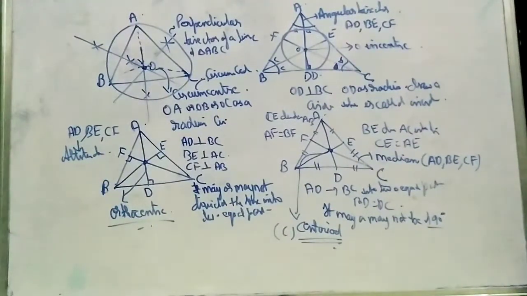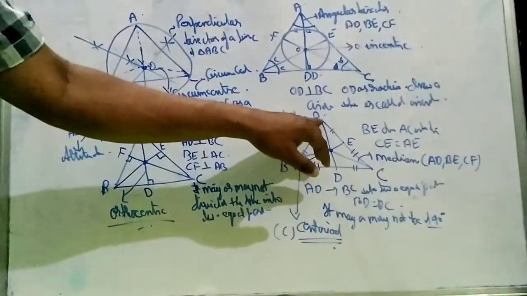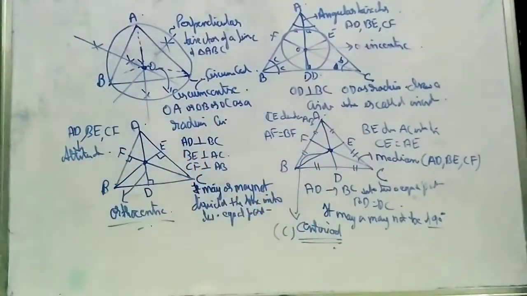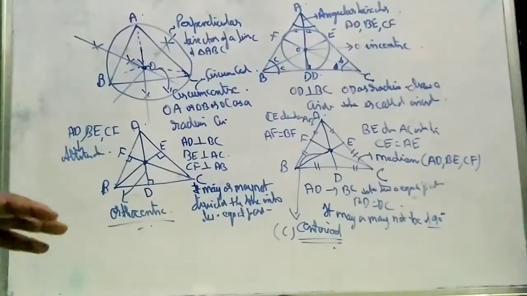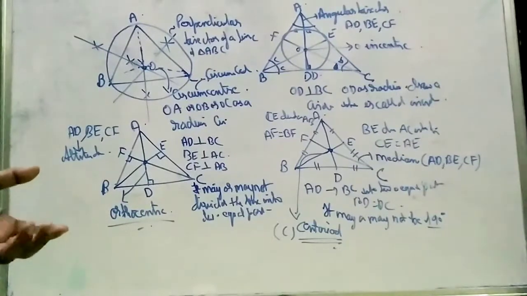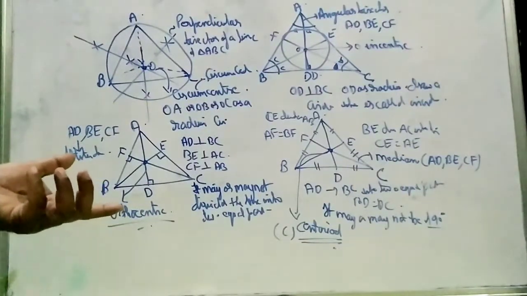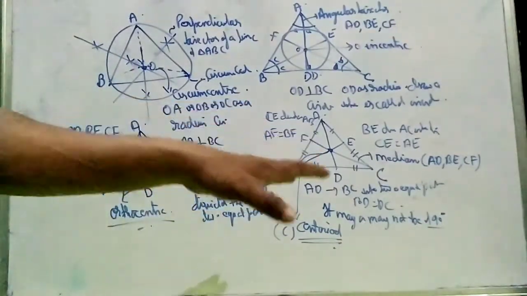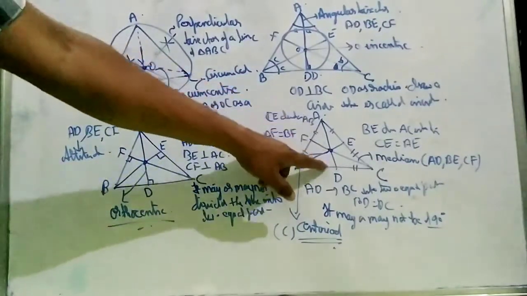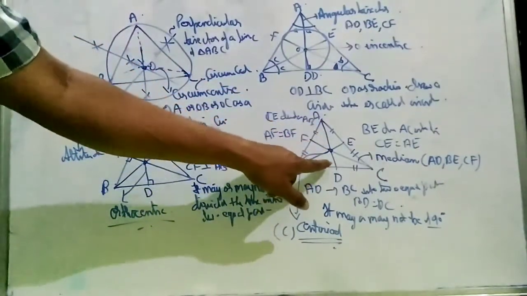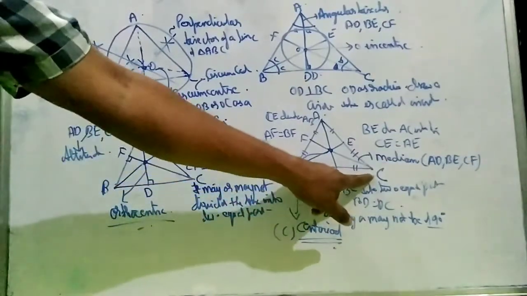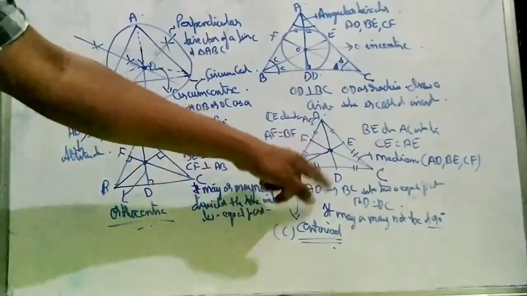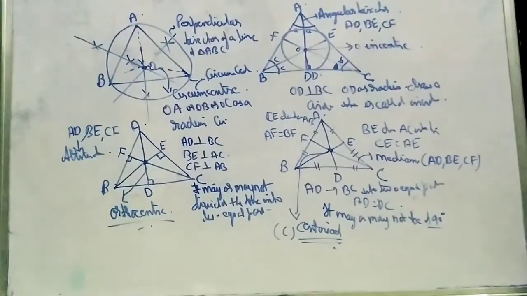And the fourth is when a line is drawn from the vertex of the triangle and divides the base into two equal parts, it is called the median. It may or may not be at 90 degrees; it can be at 90 degrees also. There are two cases. It will then be called the perpendicular bisector, where the perpendicular is there and it divides the line into two equal parts. So that will be the other case. But if it is not making an angle of 90 degrees, but divides the base into two equal parts, it is called a median, and the point where all the medians meet is called the centroid.